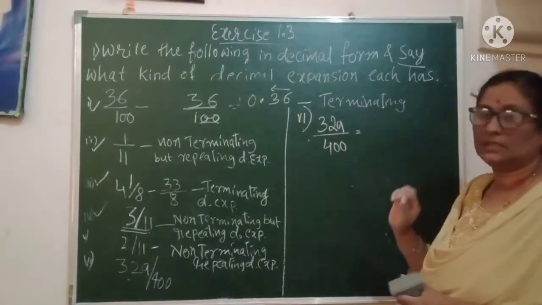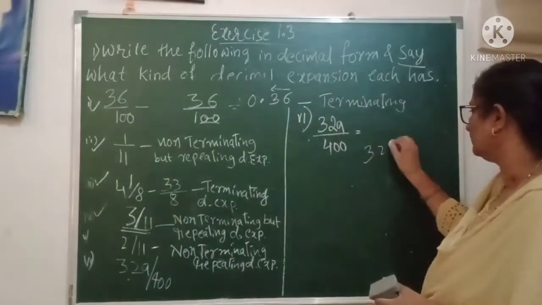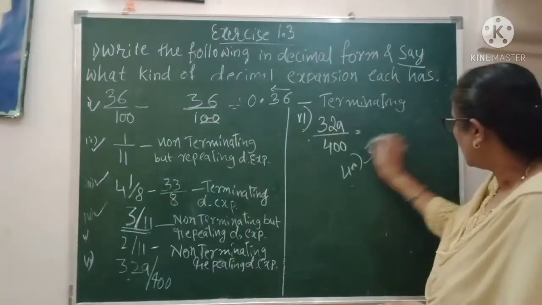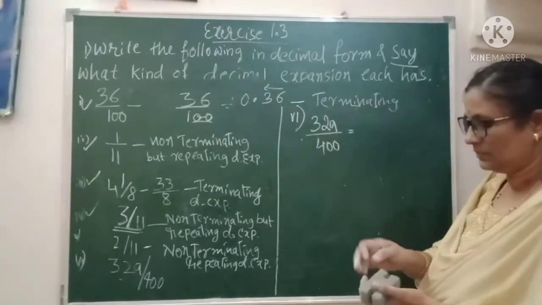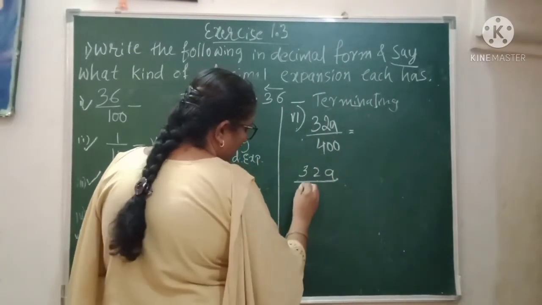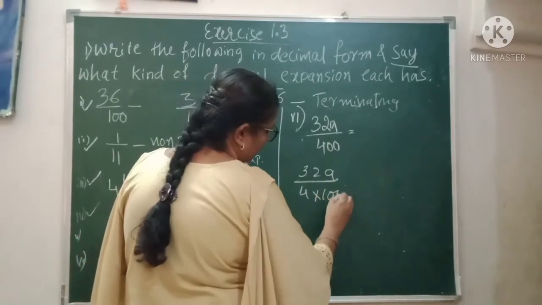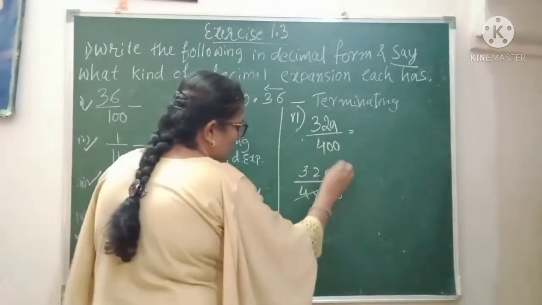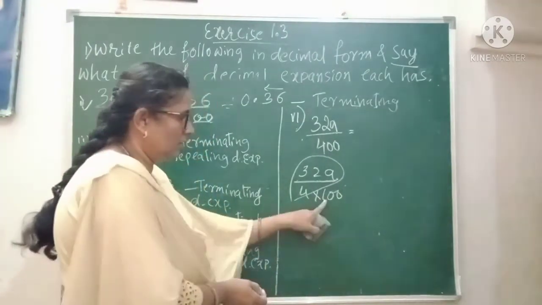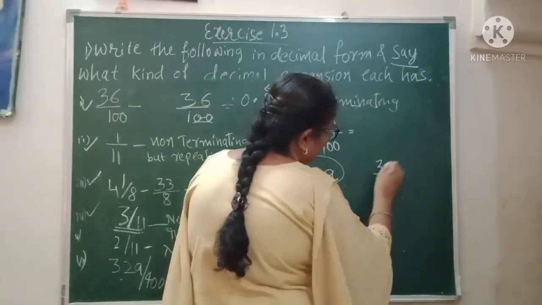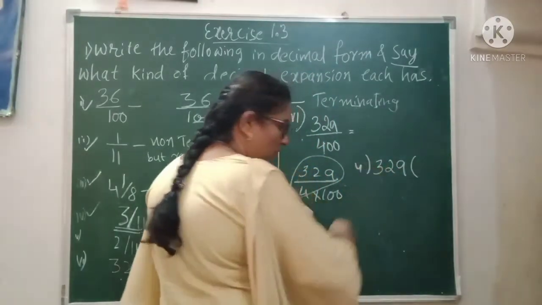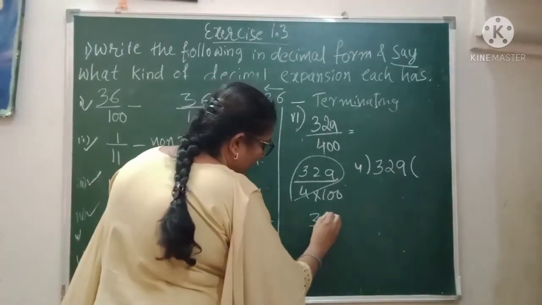This is also very interesting. Most of the students, what do they do? I am explaining this in a different way. Look at this one. What am I doing here? I am writing 329 over 4 into 100. First you divide this one, and it becomes easy for you, and use the decimal points depending on this. So I am making my division simple. This way you can do divided by 4.